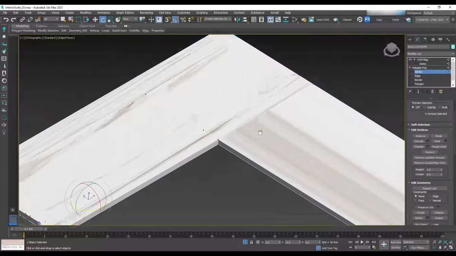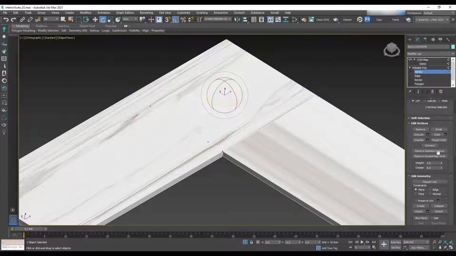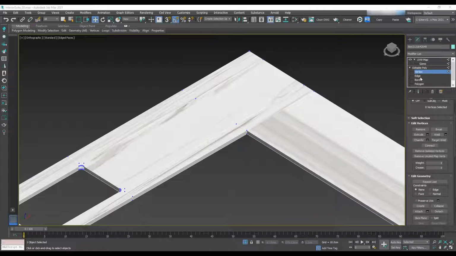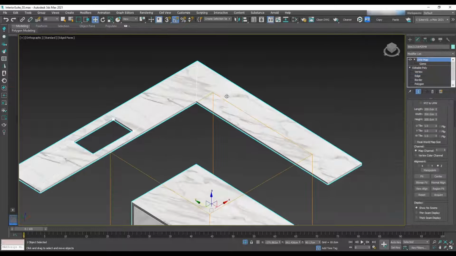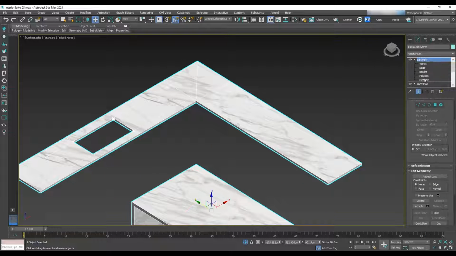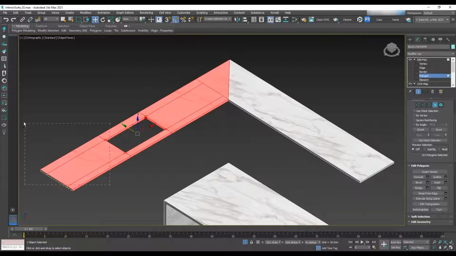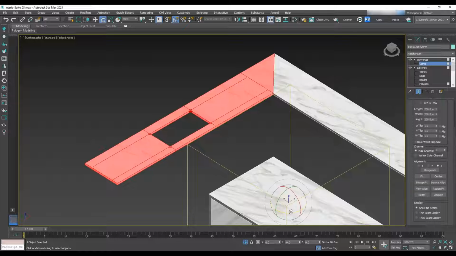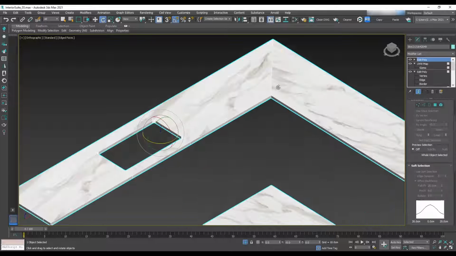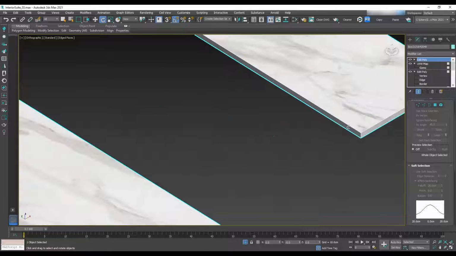And for the corner of this side, I'm gonna select these two vertices and connect them. After that, I need to select all these polygons for the left side of the countertop and copy paste the UVW map on top of edit poly, and then rotate it 90 degrees to change the direction of the texture